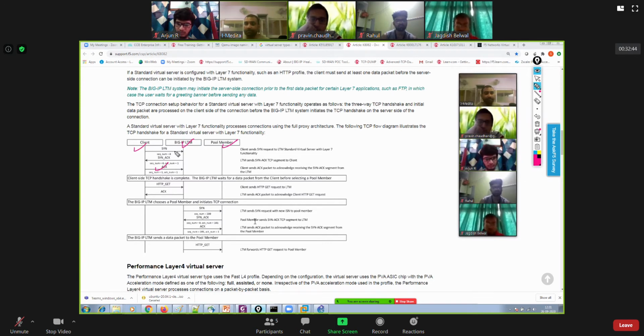Okay guys, all right. So again we have three different entities. The major difference here is that we have the same kind of virtual server, but there is a little difference in its behavior as you attach a layer 7 profile, which is HTTP. So the client is there, then BIG-IP, then the pool member.